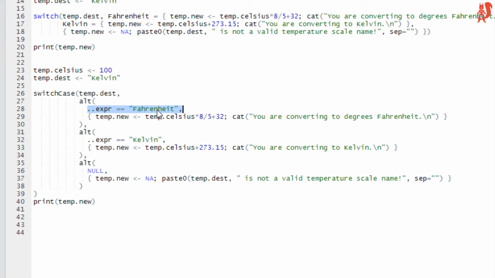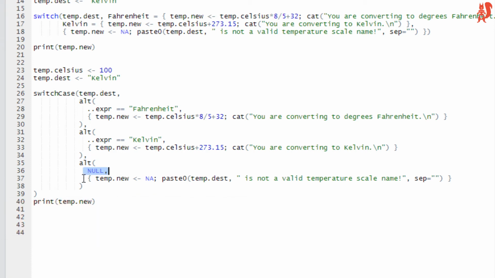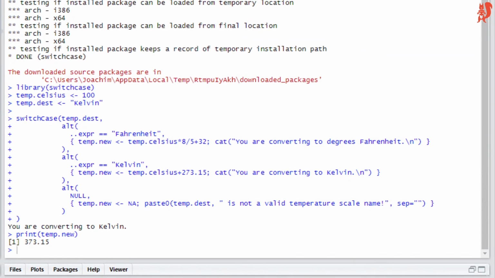In our example here, we have one alternative for Fahrenheit, one for Kelvin, and then we have this special alternative here. As you can see, this alternative does not have a test condition. The test condition is just null. This is the default alternative. If none of the other alternatives is selected, then this alternative is being executed. So I think we're good to go. Let's try it. As you can see, the output tells us that we are converting our Celsius temperature to Kelvin and that the converted Kelvin temperature is